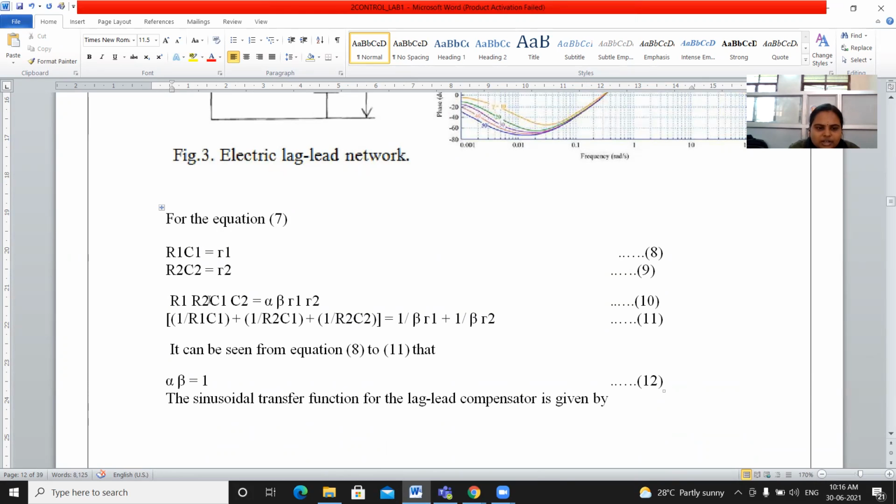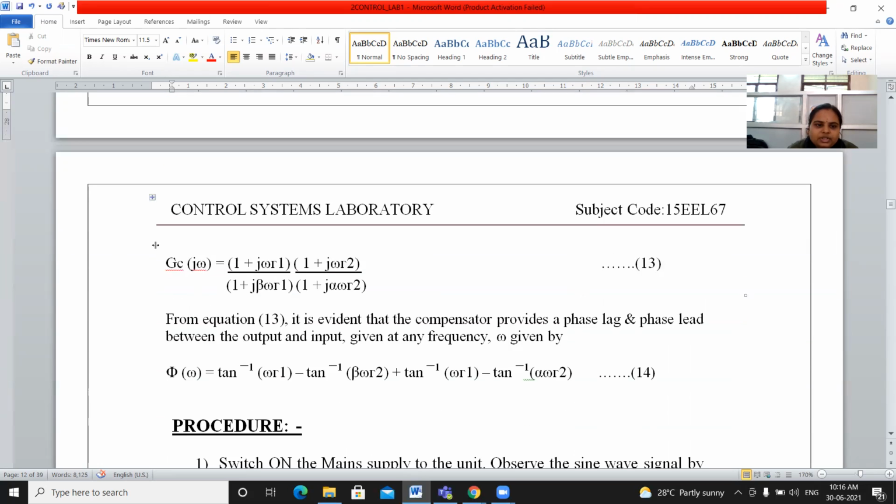And then R1, R2, C1, C2 is going to be equal to alpha into beta, gamma 1 into gamma 2. Then 1 plus 1 divided by R1 C1 plus 1 divided by R2 C1 plus 1 divided by R2 C2 is going to be equal to 1 divided by beta gamma 1 plus 1 divided by beta gamma 2. From equations 8 and 11, alpha beta is going to be equal to 1. Then the sinusoidal transfer function of the lag lead compensator is given by GC of j omega